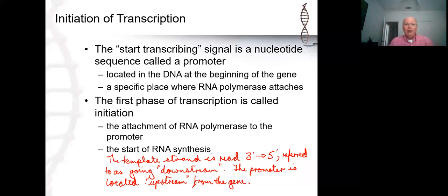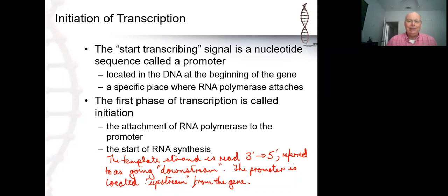So when the RNA polymerase binds to the DNA, it binds not at the start of the gene, but at the promoter, which is upstream from the gene. It is attracted to the promoter by a series of proteins called transcription factors that bind to an area of the promoter, and that provides a signal to the RNA polymerase that this is where it needs to bind to begin the transcription process. It then attaches to the promoter and starts moving downstream, in other words, starts moving 3' to 5',